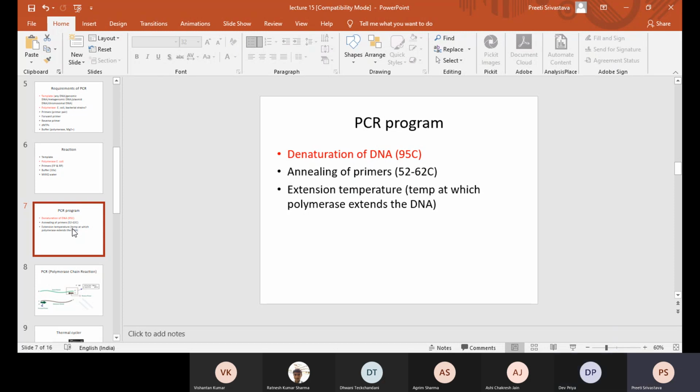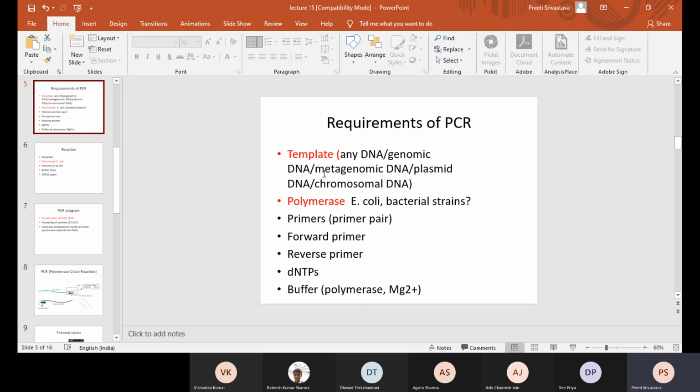So E. coli polymerase, because E. coli has an optimal growth temperature of 37 degrees, the enzymes of E. coli cannot tolerate higher temperatures. Therefore, at 95 degrees or at higher temperature, even at 52 degrees, the E. coli polymerase cannot sustain. It will denature and therefore it will become non-functional. Class, is this point clear? The basis of selecting the polymerase.